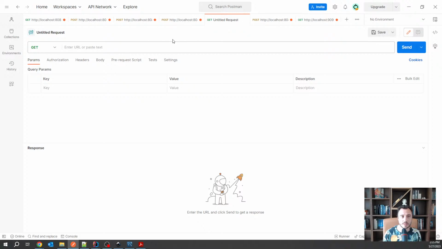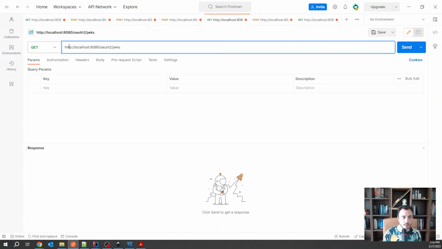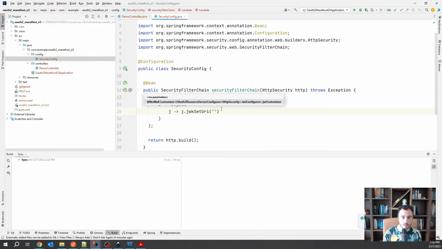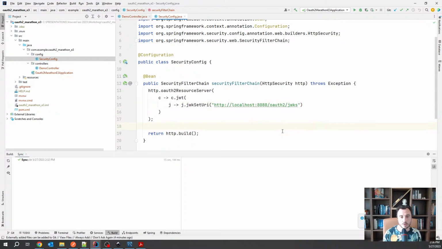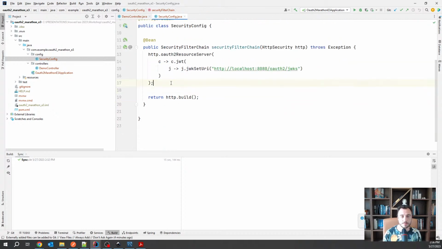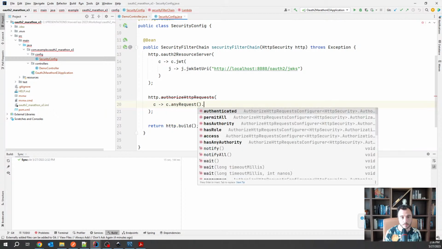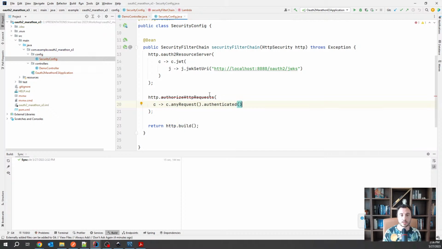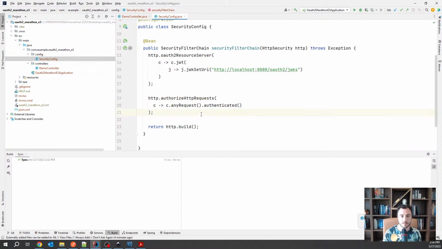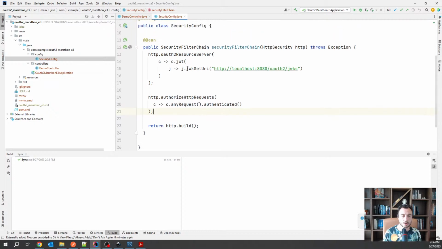Okay, slower, very slow actually. And then I will put it right here. Normally, of course, this should come from a properties file. And I make sure I keep all the requests authenticated. So normally that should prove now that